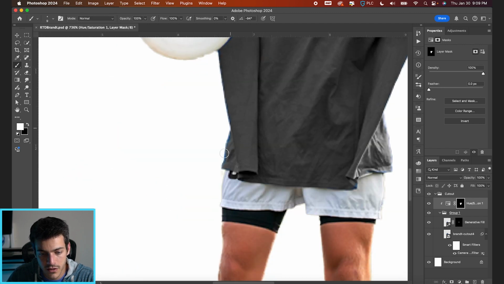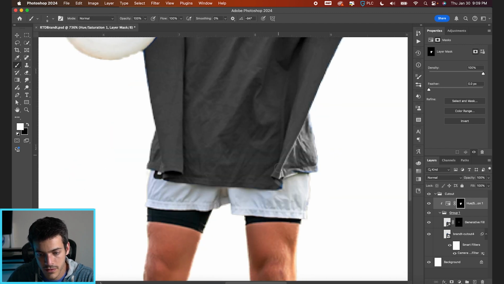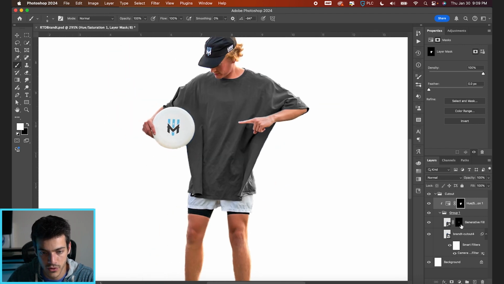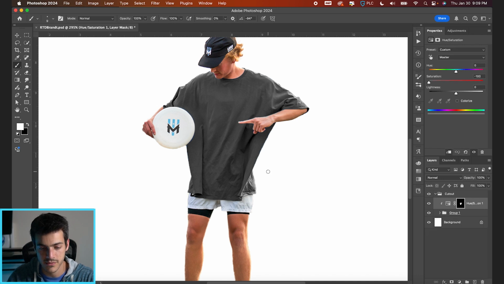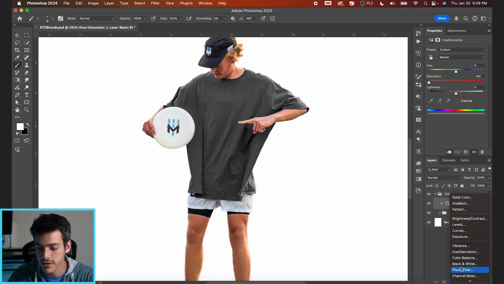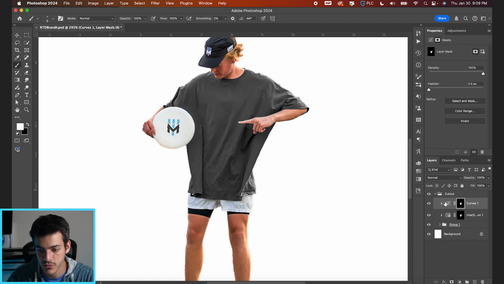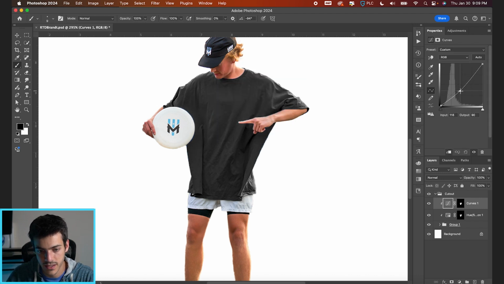And we'll clean that up. These edges can get a little more refined too. And that's feeling pretty good. I also want to make this more of a black instead of a dark gray. So let's take another layer, curves, and clip this one. And we can do the same layer mask. I'm just going to hold Option, click and drag that on top. We'll replace it. And now we can really make this more of a black